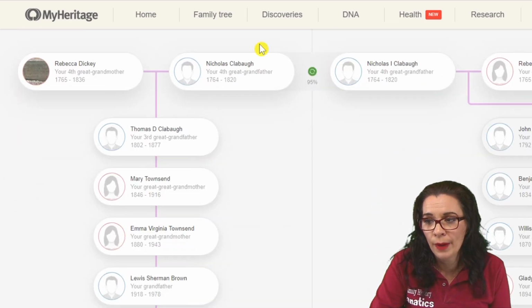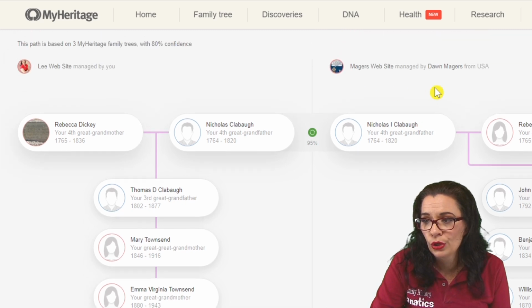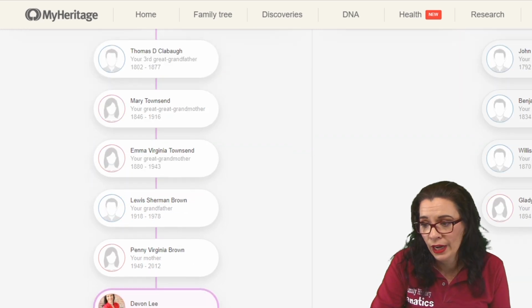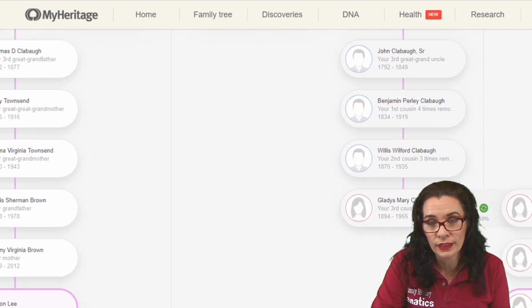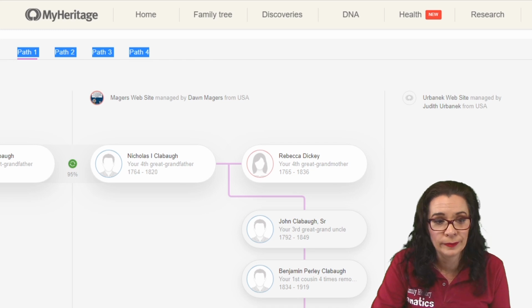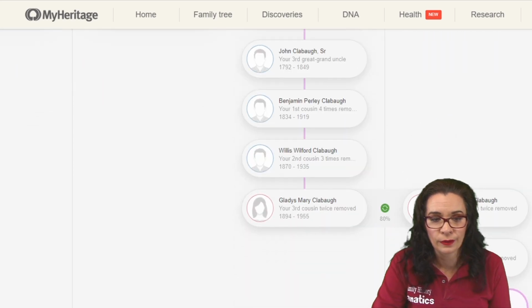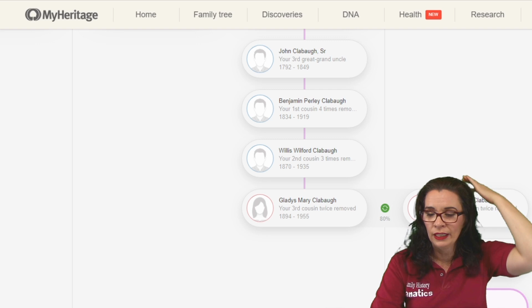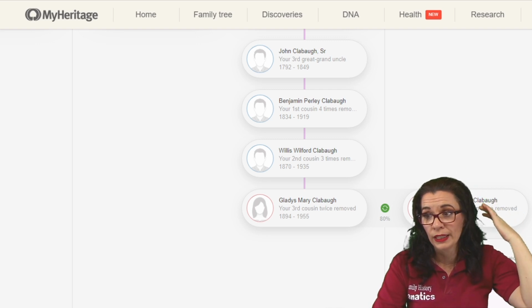I go up my tree, and then I go over to a MyHeritage tree that's not the DNA match, and then over to another tree. You see that there? So I'm covering up this last tree, but there's another tree here.